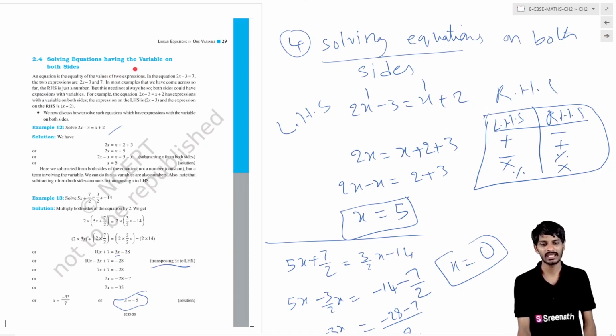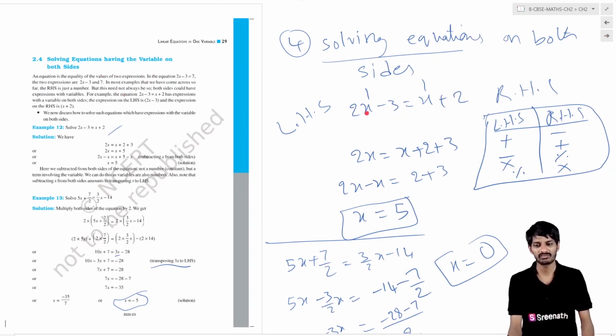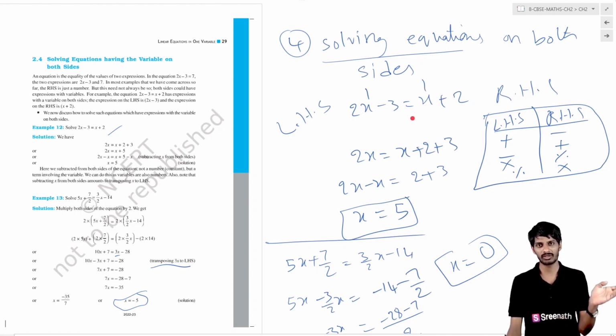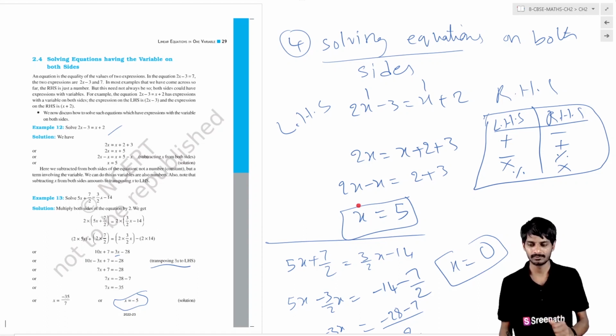So the next thing is solving equations having variables on both sides. It is somewhat different. Basically it has one variable and degree 1 only. It is also a linear equation, but the variables are on both sides. Previously the variable was on one side and numbers on the other side, but here we have variables on both sides. How to solve these? We can solve these like the previous ones, but to get faster calculations, you can transpose, or shift, the terms from the left side to the right side or right to left, so that you can easily get x on one side.